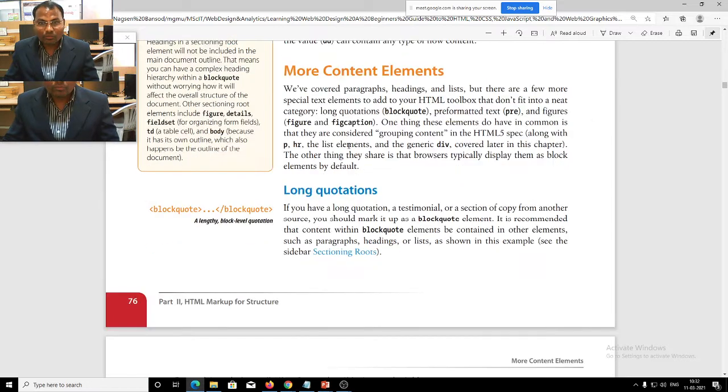More content elements. We have covered paragraph, heading, and the list, but there are a few more special text elements to add to your HTML toolbox that don't fit into the next category. Long quotations like blockquote, preformatted text or pre, and figure and figcaption.